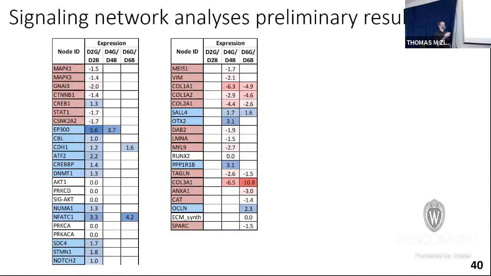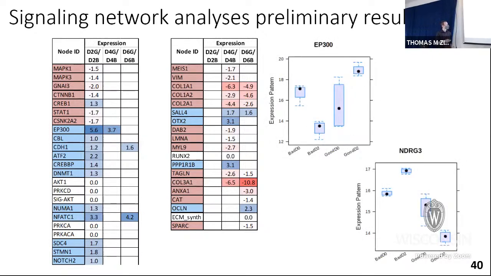I don't expect you to know what any of these proteins do. A lot of this analysis is still ongoing. We're still trying to investigate more of these and perform a lot more analyses to try to identify key candidates within these data sets. A couple of different proteins that I'll look at that were particularly interesting from this analysis and another analysis we performed are, as I mentioned, this EP300 protein. And why this is particularly interesting is, here the scale is a little bit different. So this is just looking at day 0 and day 2. The bad ones are on the left. So day 0 for the bad, day 2 for the bad, and then day 0 for the good, day 2 for the good.